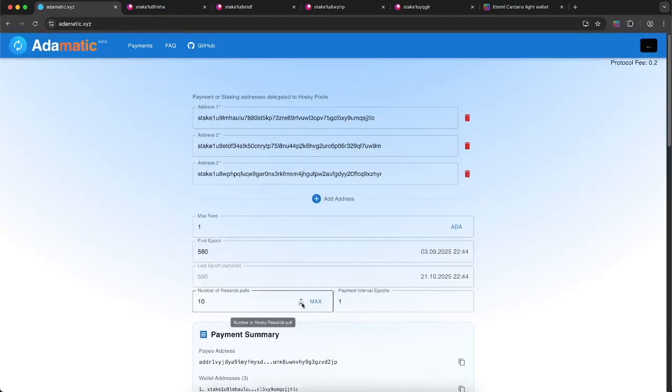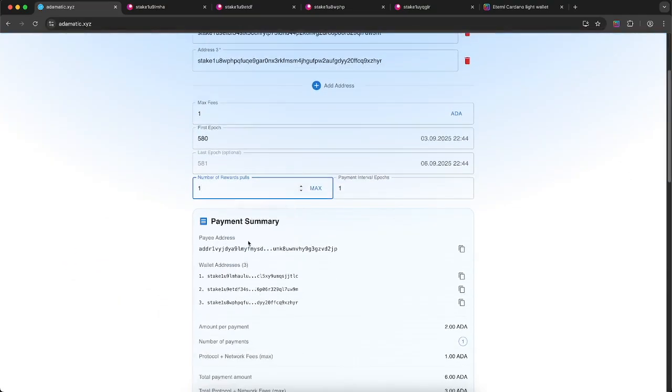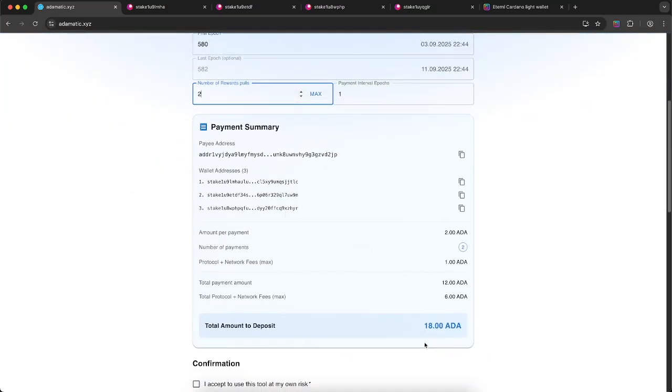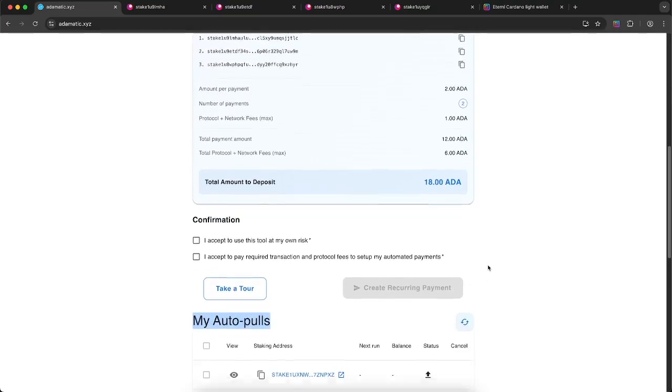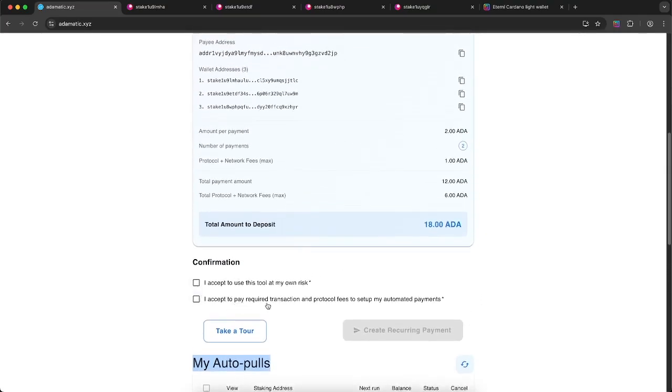I'm just going to say that I want to set up two pools for all the things. So you see starting app of 580, ending app of 582, first pool, last pool, and all the math is updating. Obviously the create button is still not available because you need to accept terms and conditions,